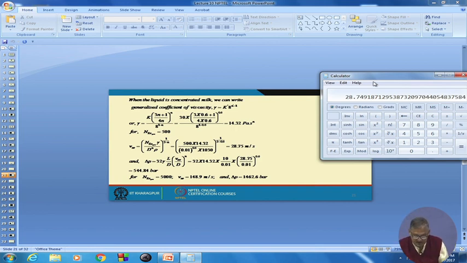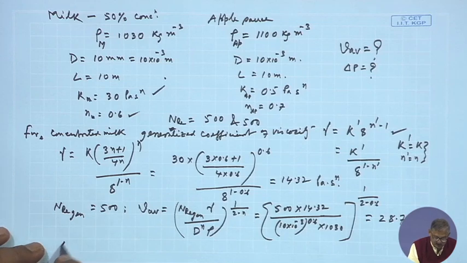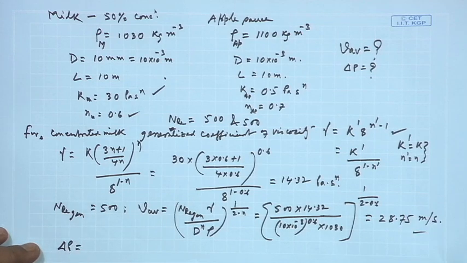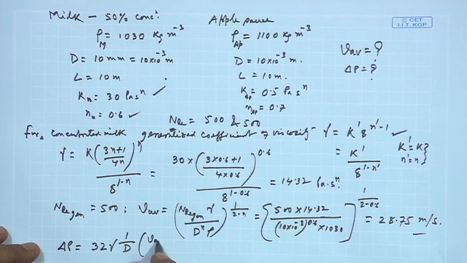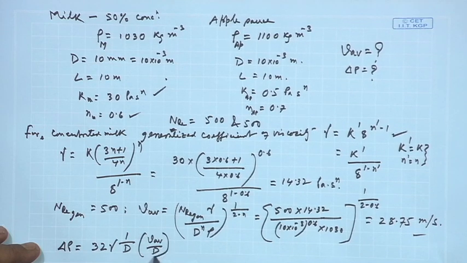So, V average for concentrated milk is 28.75, right. So, that is true. Now, let us also find out the same. For this we have to also find out not only this, but delta P, right. So, delta P we can write as 32 gamma L by D, V average by D to the power n, right,